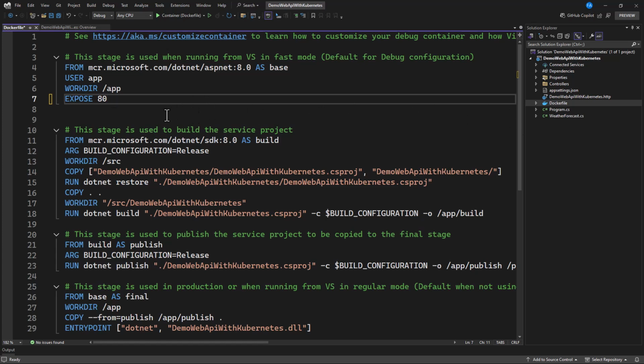Alright, so the next thing that we're going to do here, as we are done with it, is save this. We are not going to do anything else here. We want to run this package using Kubernetes. So let's see how to do that. Make sure you have your Docker Desktop installed.